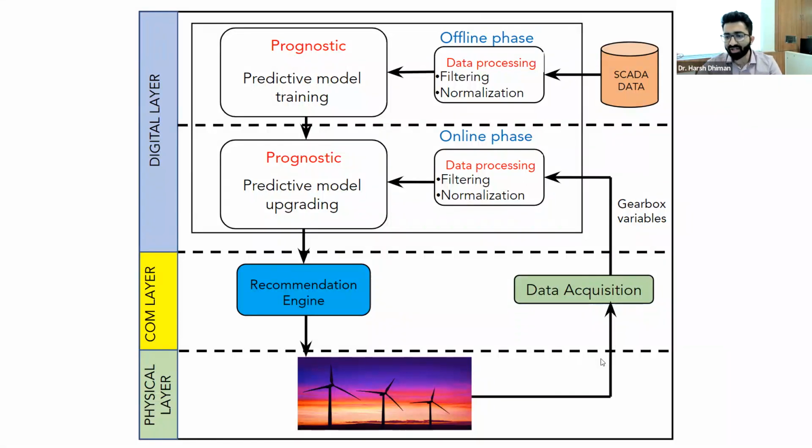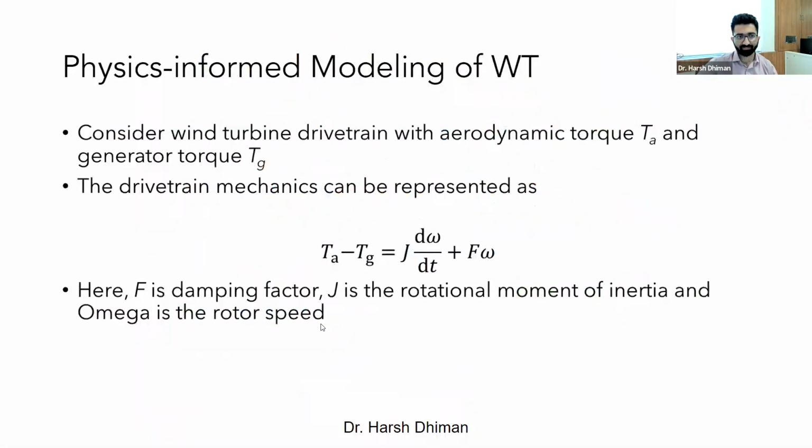Because when you're collecting a multitude of data, every data will have a different range. So each data has to be normalized so that you can train your machine learning model in a fair way. That is a very common machine learning term that we use. Then you have your recommendation engine, where you give all types of recommendations. It is nothing but feedback that is given to your physical asset, and based on that feedback, you take certain decisions.